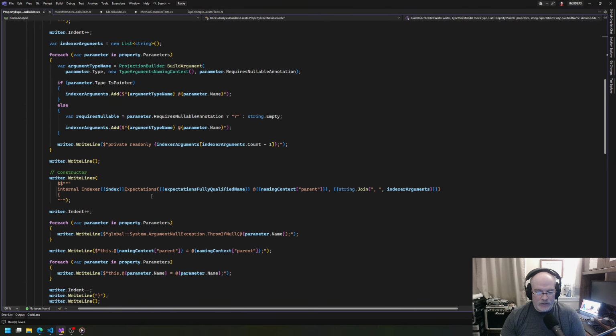We're not doing that for the methods. The reason we do that for the indexer is because